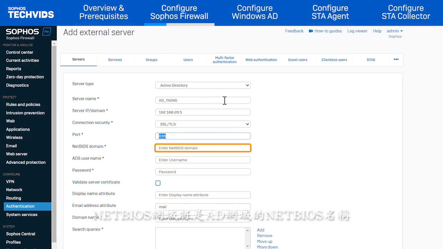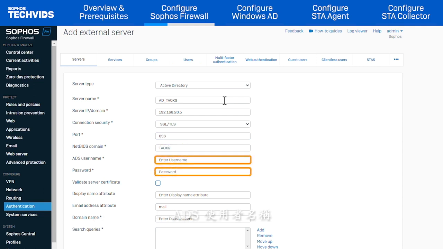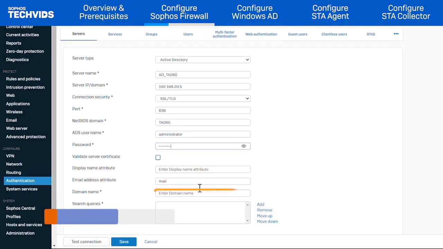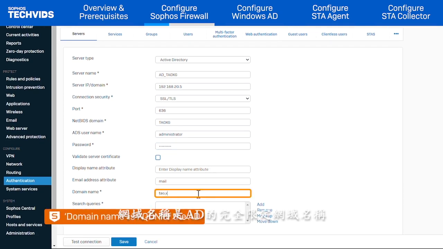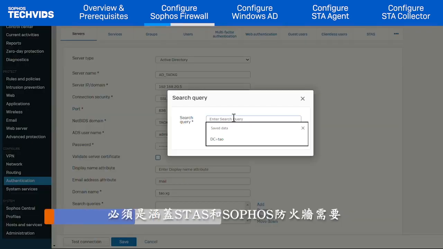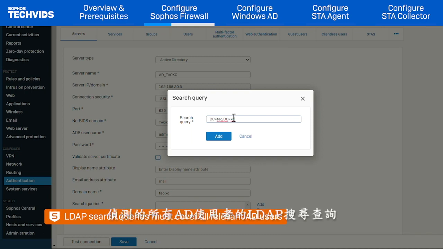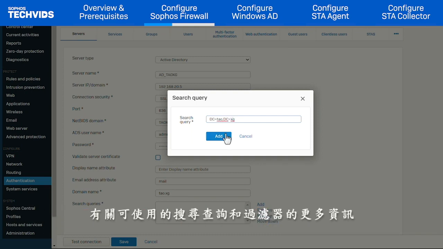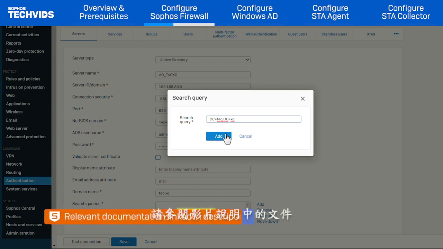NetBIOS domain will be the NetBIOS name of the AD domain. ADS username can be any account in AD domain admins group. Domain name is the fully qualified domain name of the AD. Search queries must be the LDAP search query, which covers all AD users that need to be detected by STAS and the Sophos Firewall. For more information on search queries and filters that can be used, refer to the documentation